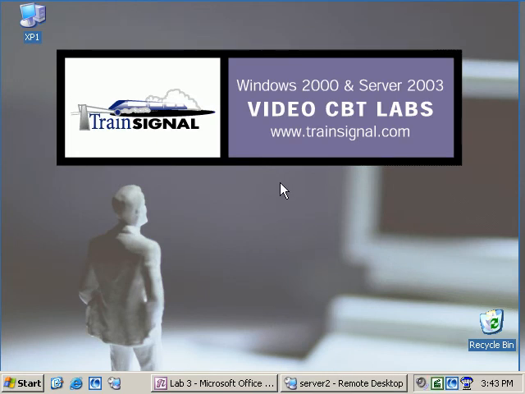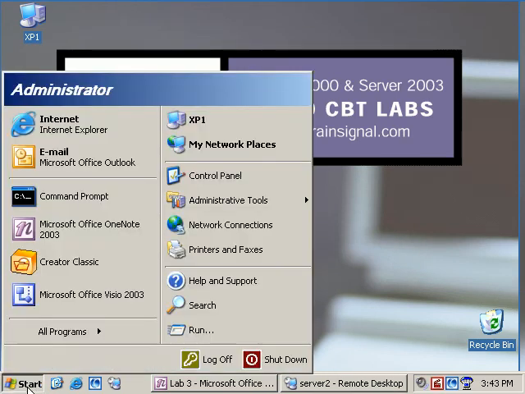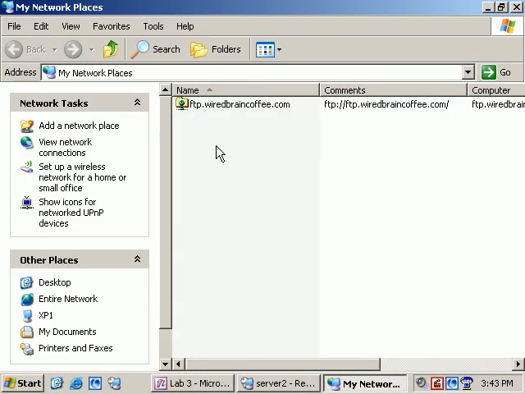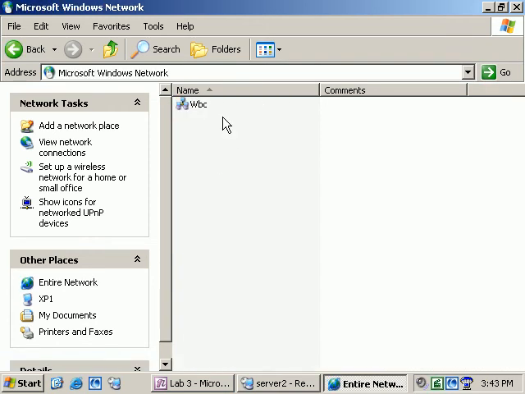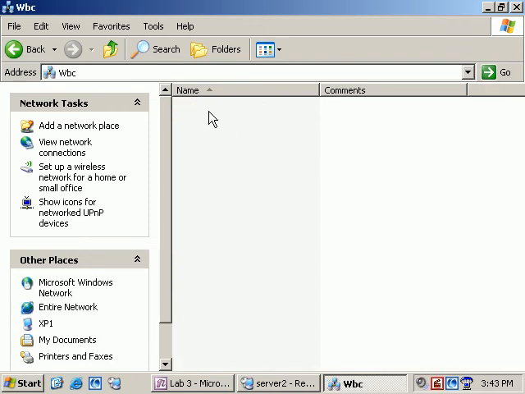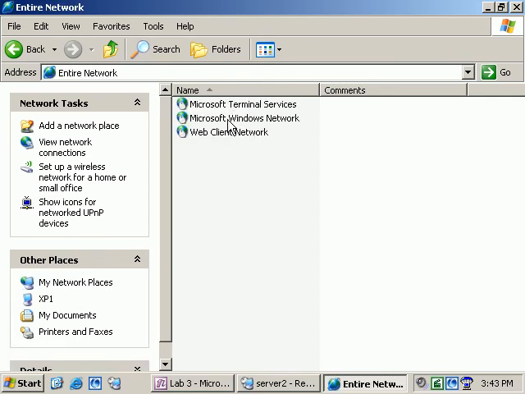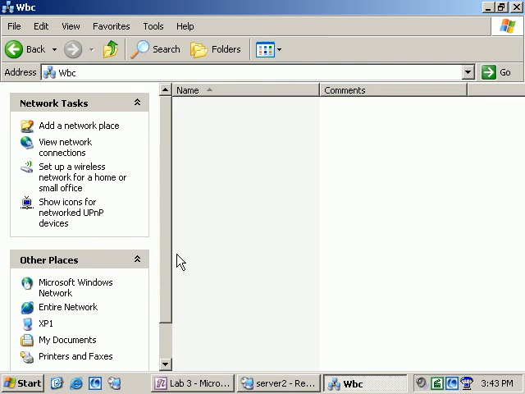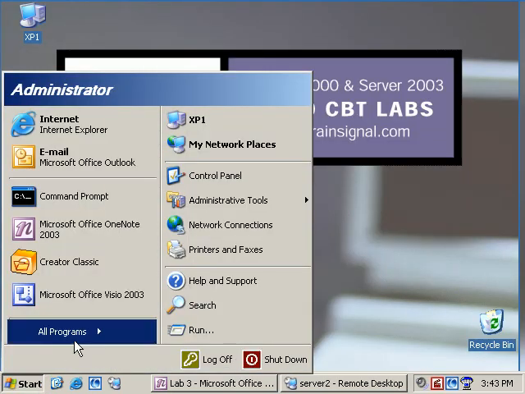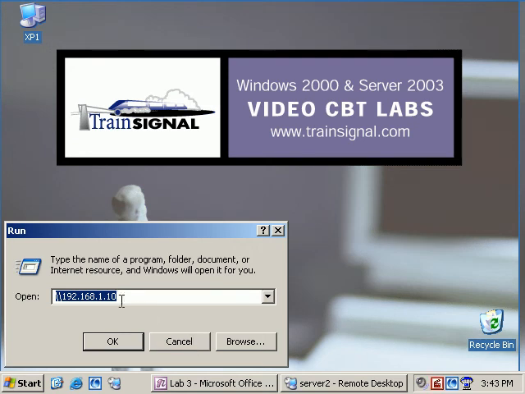Well, when NetBIOS over TCP/IP is disabled, things like My Network Places are no longer going to work. So I'm trying to get out there and I want to view all the Windows networks out here. There's nothing there. This broadcasting's been cut off. Just a second ago, I should have shown you, we were able to see the different network computers that are out there. Or if I try using a NetBIOS name from the run command, not IP addresses, those will still work. But if we try using something like server 1,